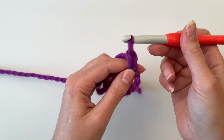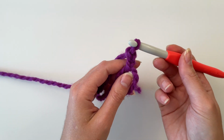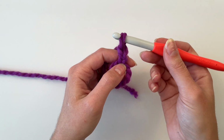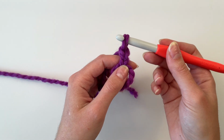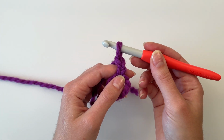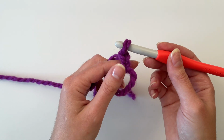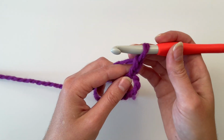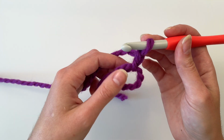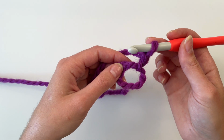Now we're working this project in half double crochet, so that brings us to the height of the stitches for the round, which is what we want. It's important to note that we're not going to be counting this chain 2 as a stitch. Some patterns that use half double crochet, they count the chain 2 and some do not. I think it looks nicer to not count it. It's just a personal preference, so I'll show you what we mean when we get to the end of this round here. Okay, and then what we're going to do is we're going to do 8 half double crochet into